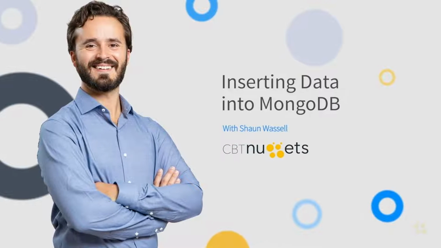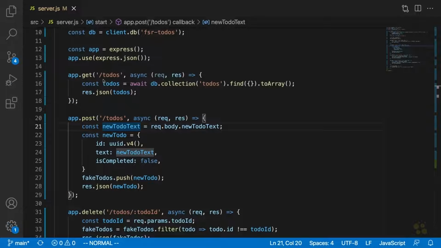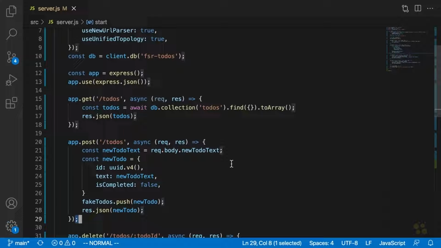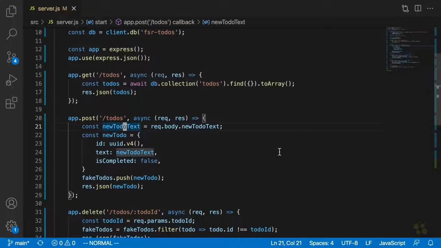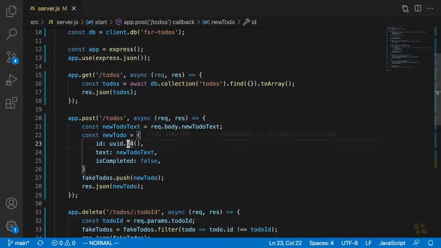All right, so now that we're loading our to-dos from the Mongo database, the next endpoint that we're going to switch over is the one for creating new to-dos. This one's going to be pretty straightforward as well. We're going to start off by getting the new to-do text, just like we did before. And we're also going to create our new to-do, except we won't need this unique ID generator thing